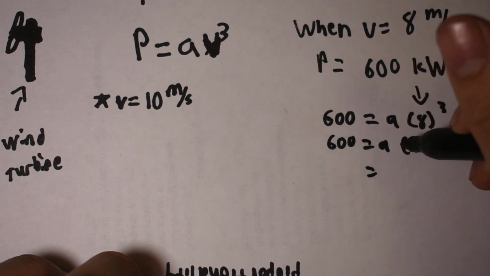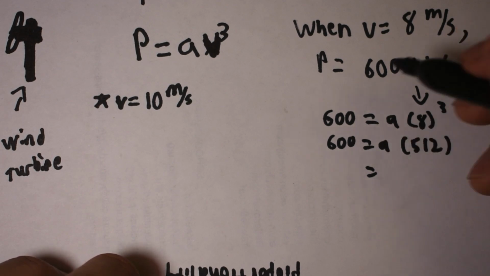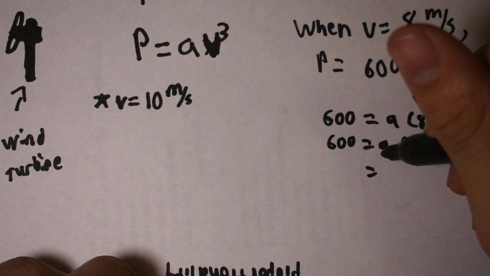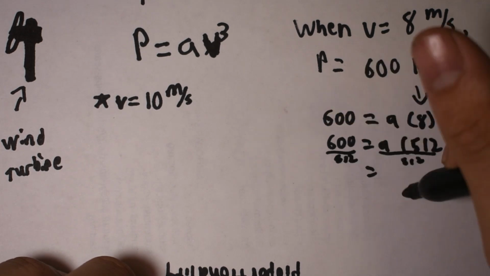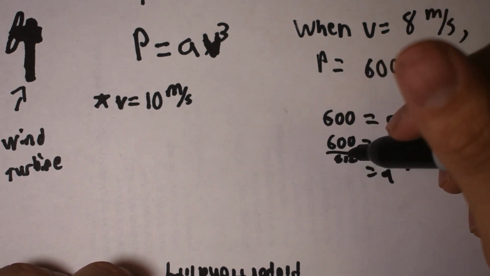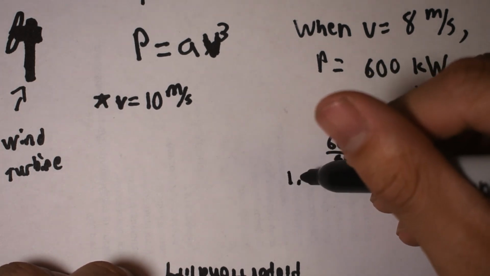And then, because a is multiplying against 512, to isolate a, we got to do the opposite of multiplying by 512, and we got to divide by 512. Now, when we divide both sides by 512, on the right side, we'll just have a, because these will cancel out. And on the left side, let me put this in our calculator here, we'll have